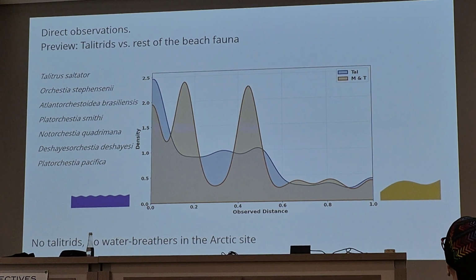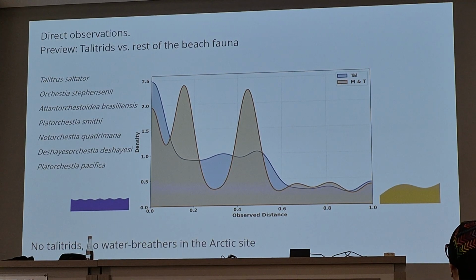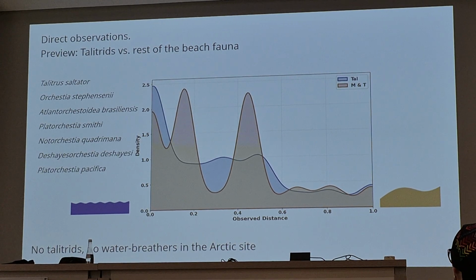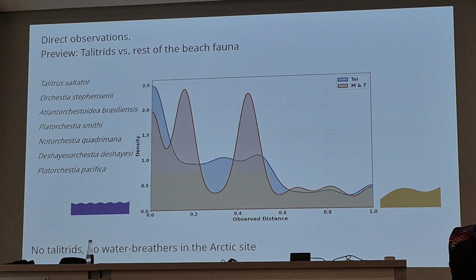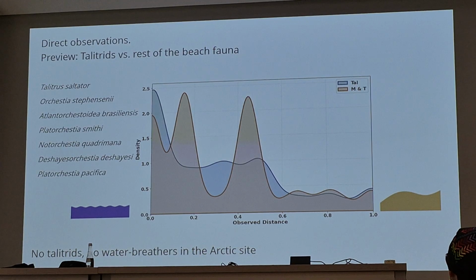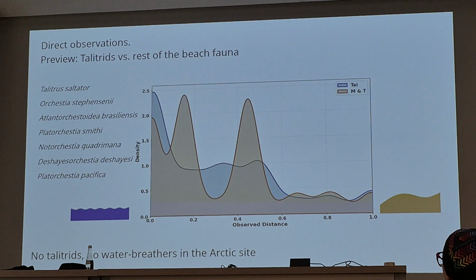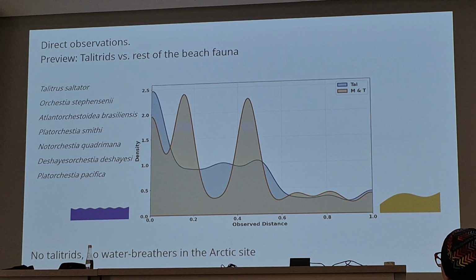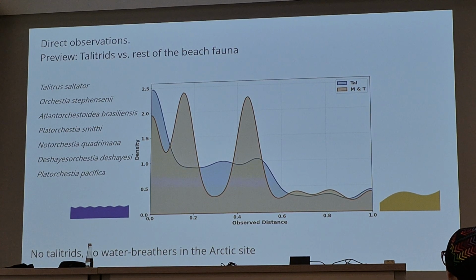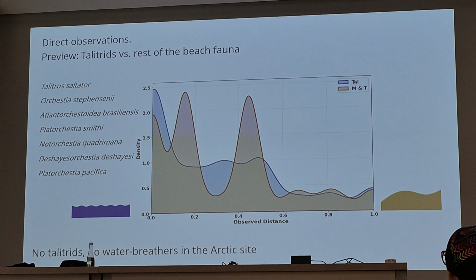This is a preview that's only talitrids against the rest of the world, which is nice. I just wanted to show you. These are the species present in the data set, and they were identified by reliable people, so I'm really sure about that. We had the curious fact that there are no talitrids in the Arctic, but okay, it may sound curious because you saw all the gammarus yesterday. The gammarus was there; they didn't move from under the stones. So the environment is okay for them, but on the supralittoral there is nothing, and there are no water breathers in general. But there is fauna; it's just terrestrial.